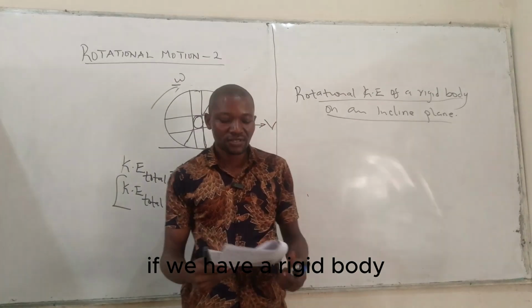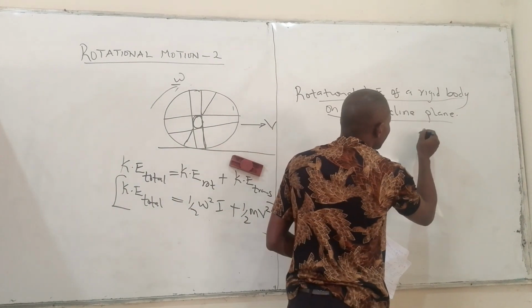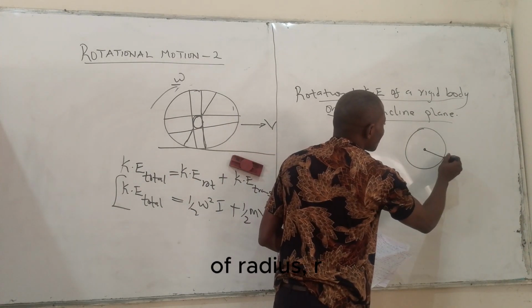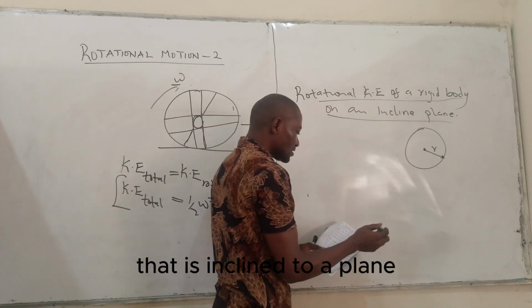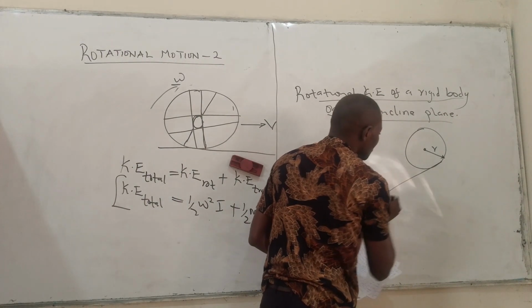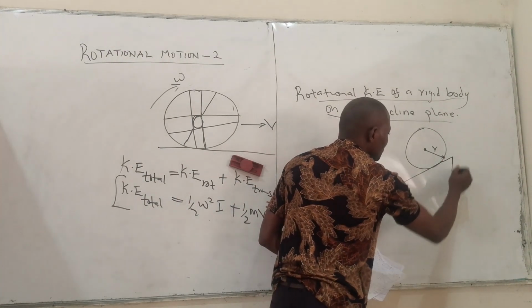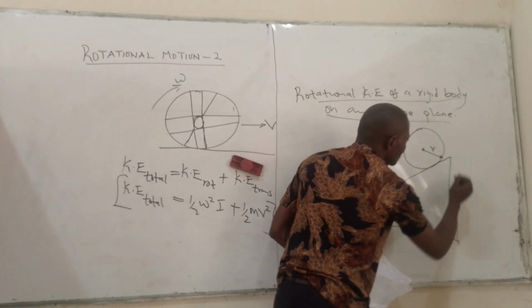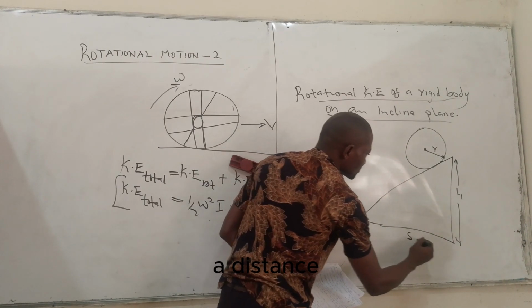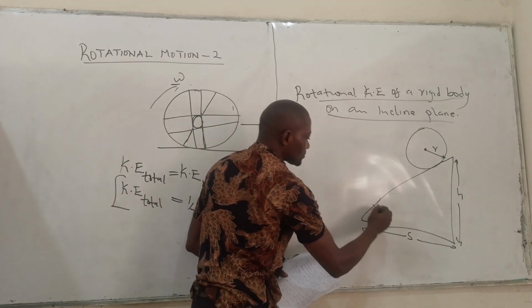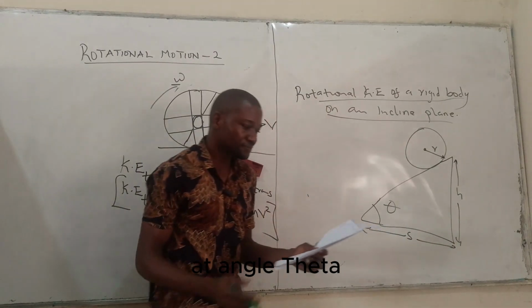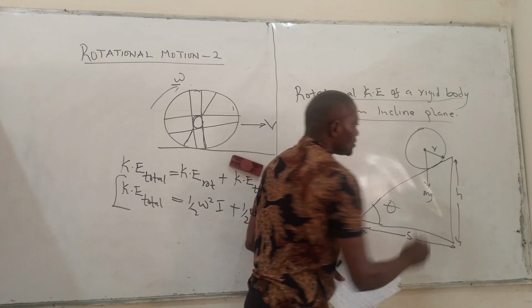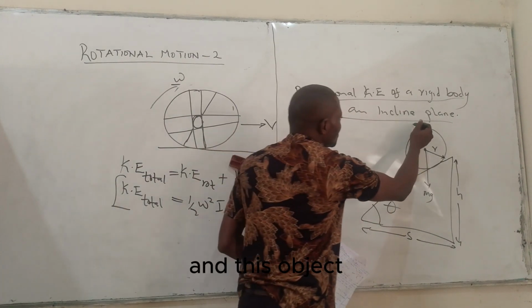If we have a rigid body of radius r that is inclined to a plane of height h at a distance s at angle theta, we can say that the weight of the body is given by this, and this object